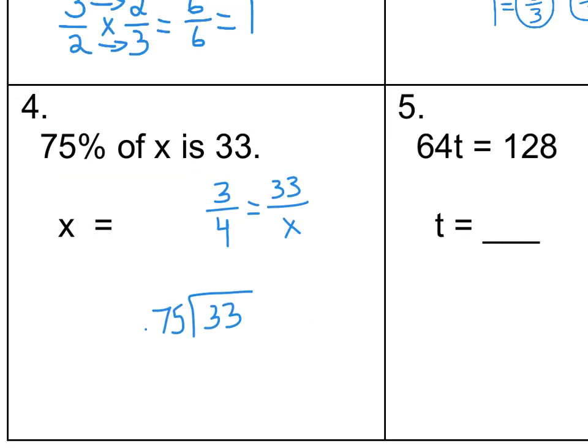So I want to show this in 2 ways. We can do the cross multiplication, but again, instead of writing 75 hundredths, which I could write 75 over 100 right here, I'm going to simplify. I know 75% is 3/4, right? 25, 50, 75, 100. 4 pieces. So I could do 3x equals 4 times 33, or I could just think of this as equivalent fractions,